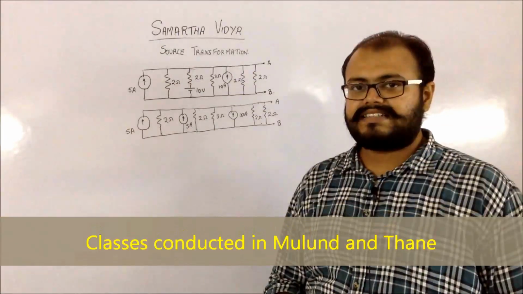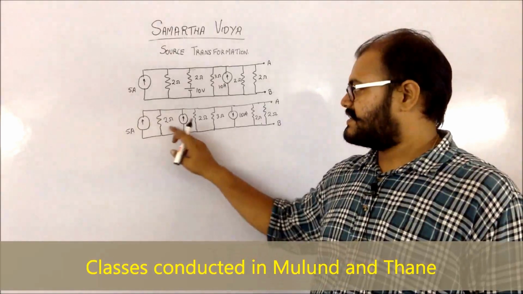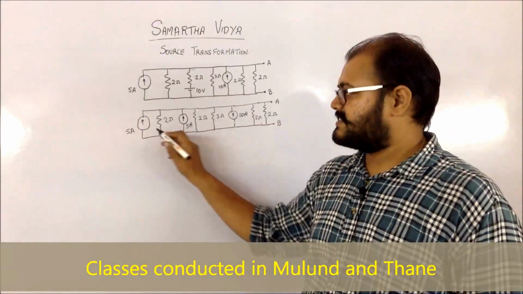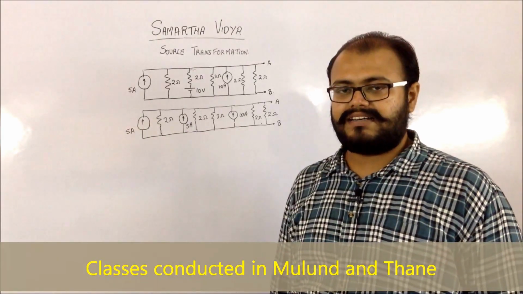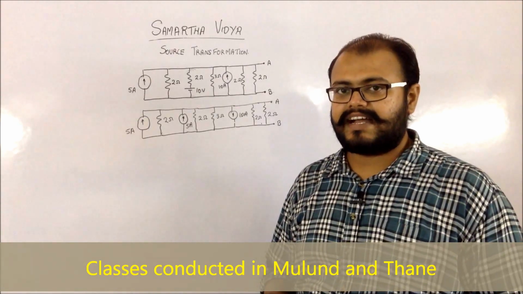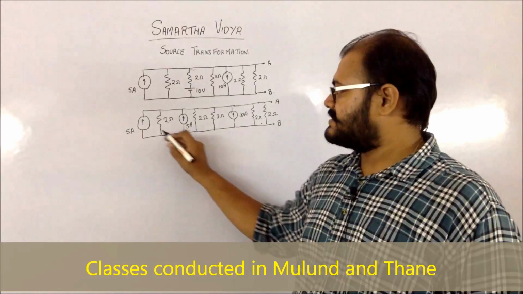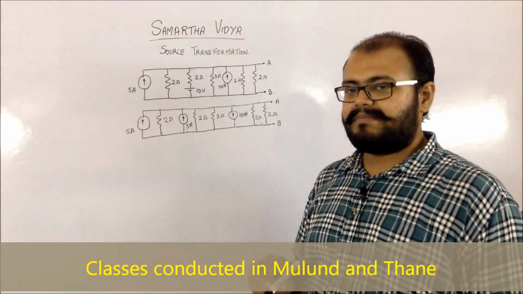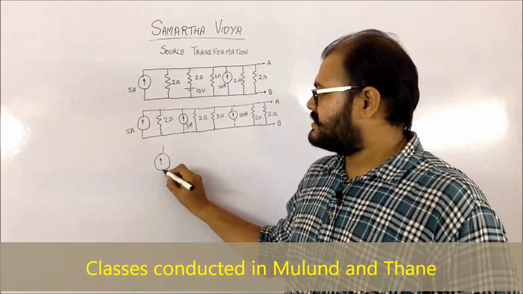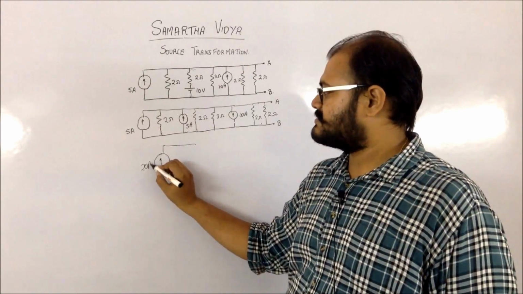Now in the next step, you can see that there are current sources which are parallel to each other, and resistances which are parallel to each other, so you can combine them. When the current sources are parallel to each other, whenever they are in the same direction, they get added up, and if they are in different directions, then there is a subtraction between them. In this case, all three are in the same direction, so you will have only a single current source, which will be the addition of all of them. That's going to be 20 amperes.